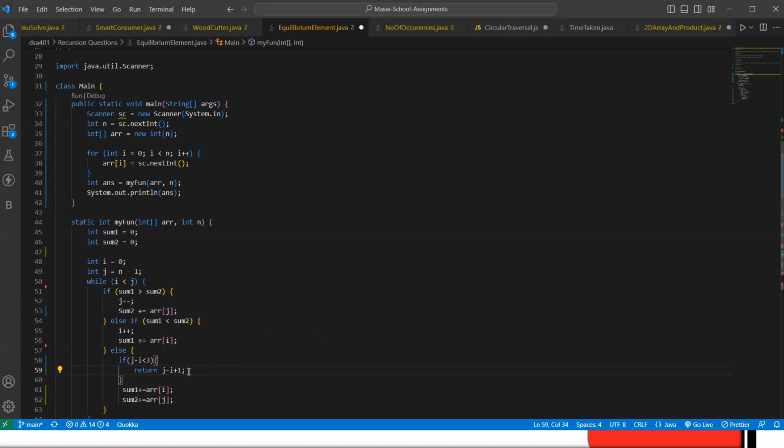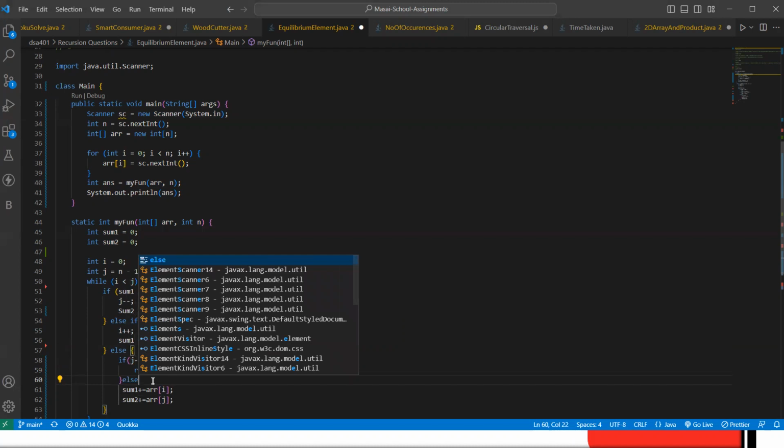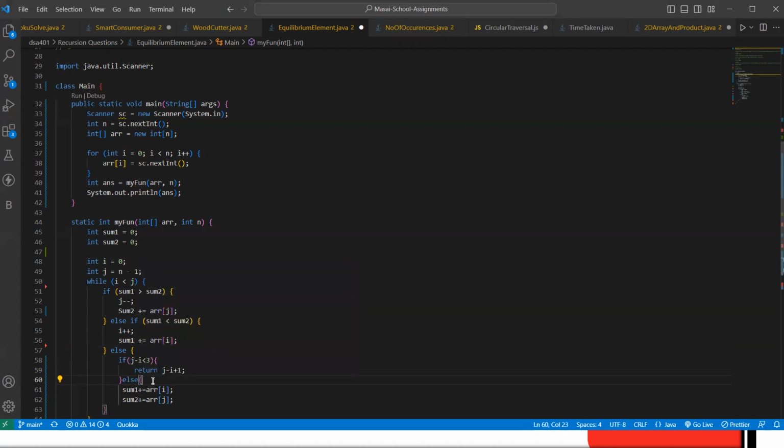If the index 0 is the equilibrium element, then we say that index 0 plus 1 is our equilibrium element. So that's why I am returning j minus i plus 1 in the if condition, and in the else condition we are returning these lines.